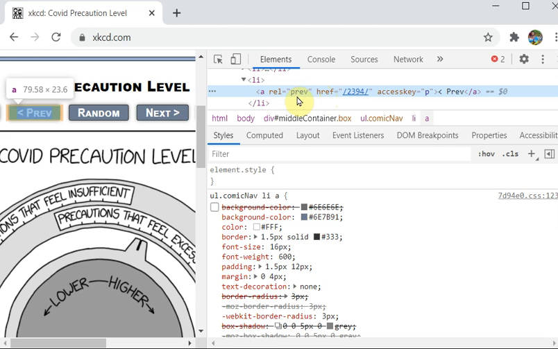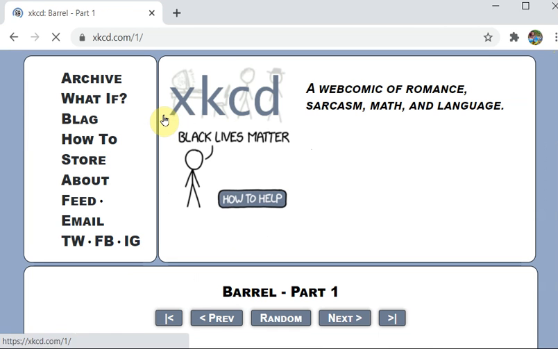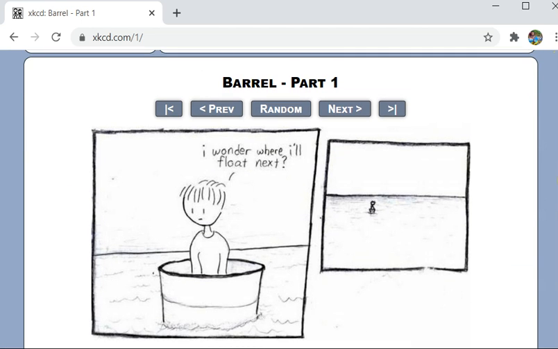For the first comic, the previous button link will be just a hash. I'll show you. I'll close this and go to the first post, the first post on the XKCD comic site.